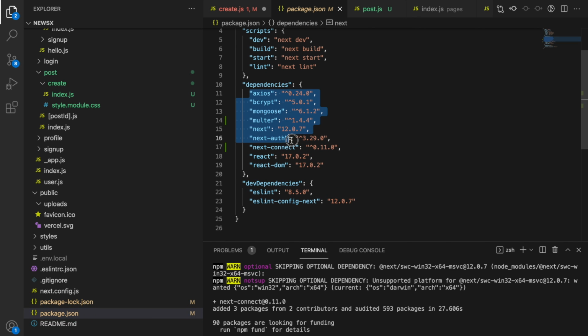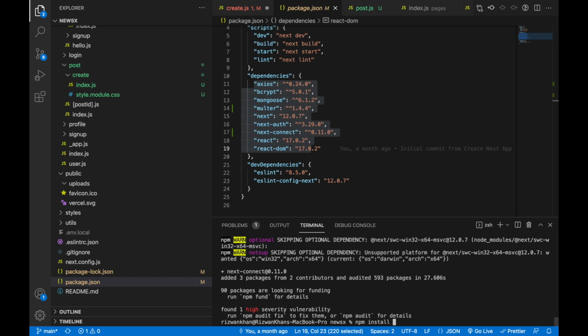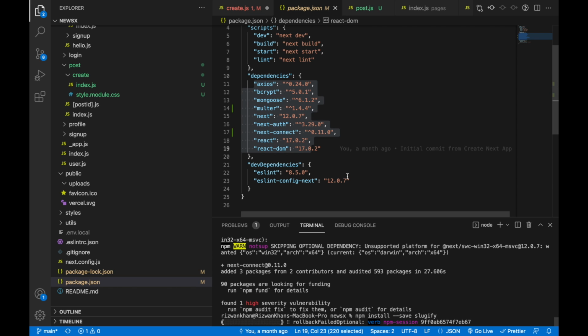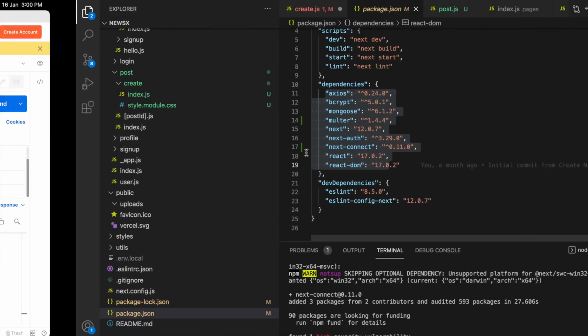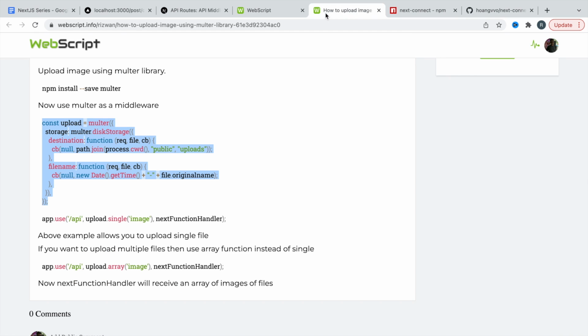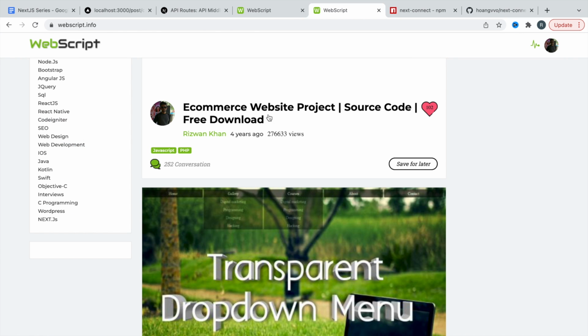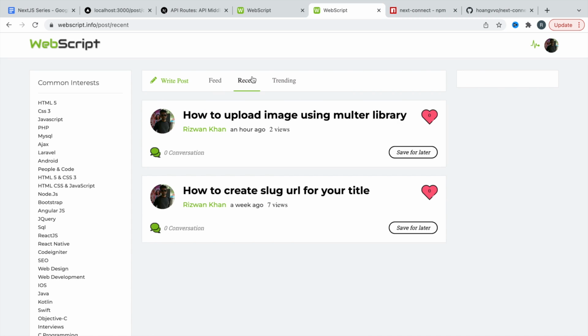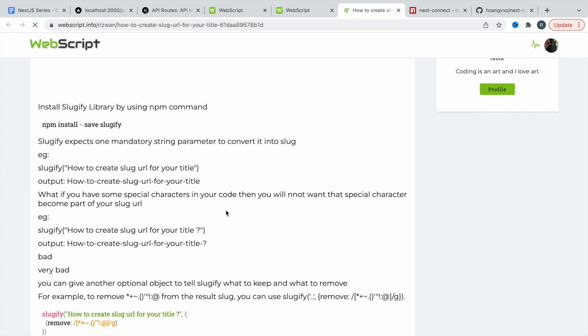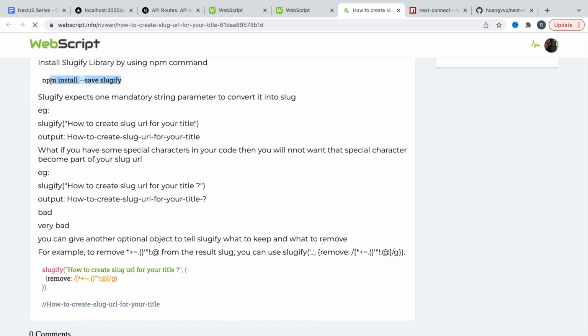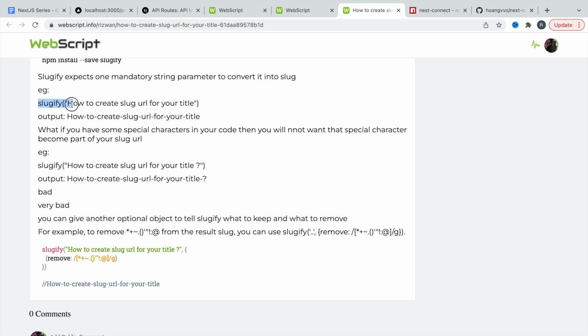Do we have Slugify? Okay, we don't have Slugify, and we have to install the library Slugify, and we can install it with npm install --save slugify. Okay, now I'm going to tell you how you can create a slug for your post or news. So simply go to the web script again, and you can find the link in the description. So here we are, and how to create slug URL. Okay, so after installing Slugify, you can use this Slugify function like this. So let's copy this,